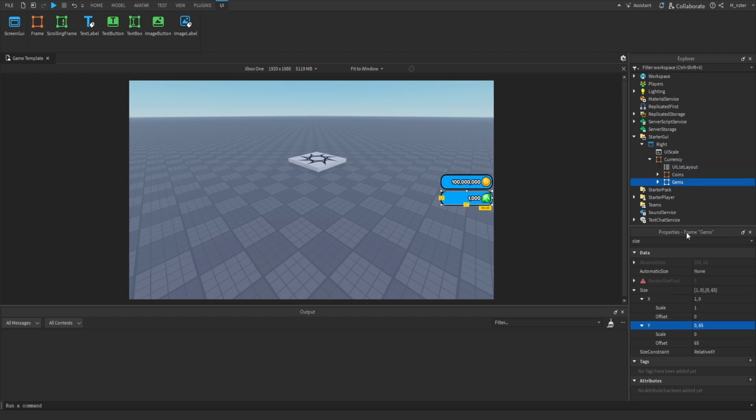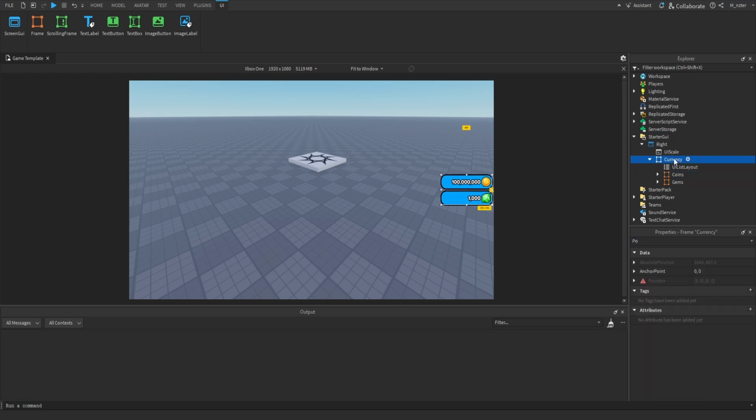Now, the frames inside of here, you can actually use scale instead of offset, or you can use offset as well. It doesn't really matter. But for this frame right here, which is your sort of primary holder frame, this is very important and it needs to be offset. Otherwise, using scale will prevent this from being scaled up correctly. And also, I would recommend mostly using offset for your sizing for most things, but if you do want to use scale for inner elements, I would call them, you can actually do that. Additionally, your positioning with objects, if we look at the currency frame right here, you should either use only scale, or you should use a mix of scale and offset, which is what we're doing right here.